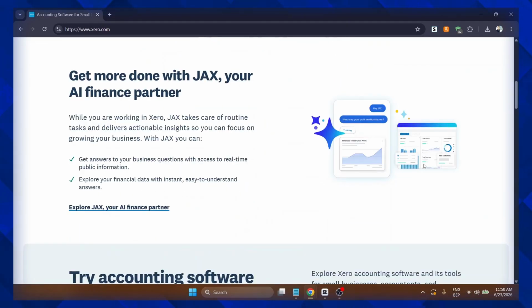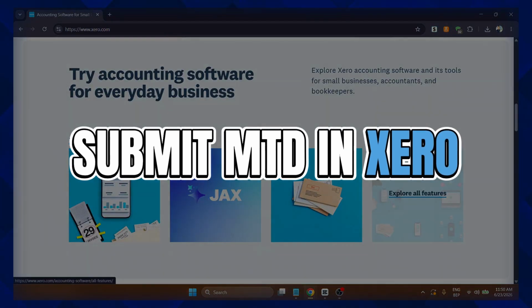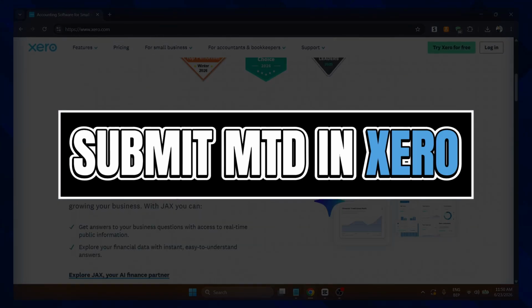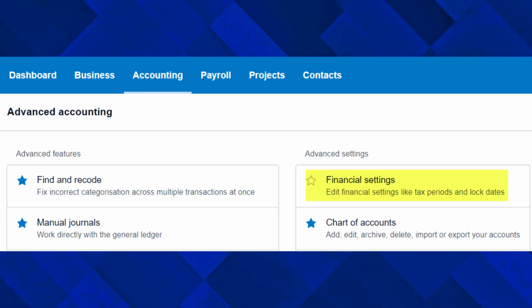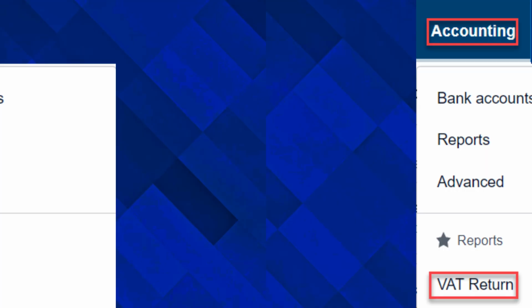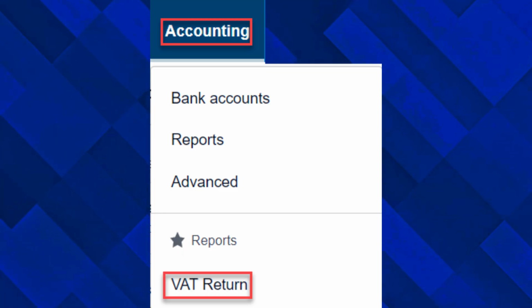Today we're going to see how to set up and submit MTD for VAT in Xero. Firstly, go to Accountant, then VAT Return. If Xero immediately asks you to connect to HMRC for MTD, decline it for now. Choose VAT without MTD. You may need to scroll to the bottom of the page and click Go to VAT